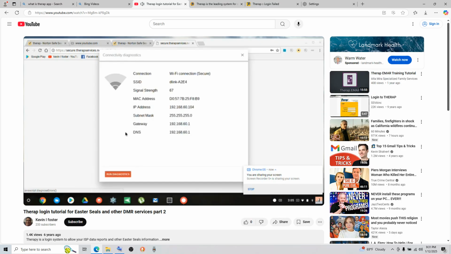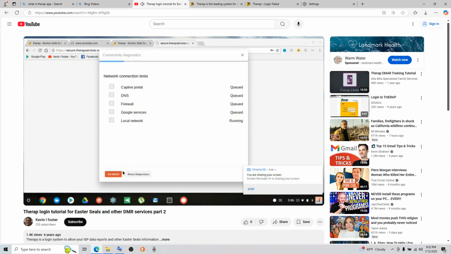So if your signal strength is low, that means other devices could be connected to it. So disconnect, because you can't have two. You can have either one device. Like if you have Spectrum, then it's different. But right now you have 67% signal strength, so that's a little low. So just listen to what I'm saying, diagnostics, always do that. And then it will test the connection. And if this is still happening, you might want to take your